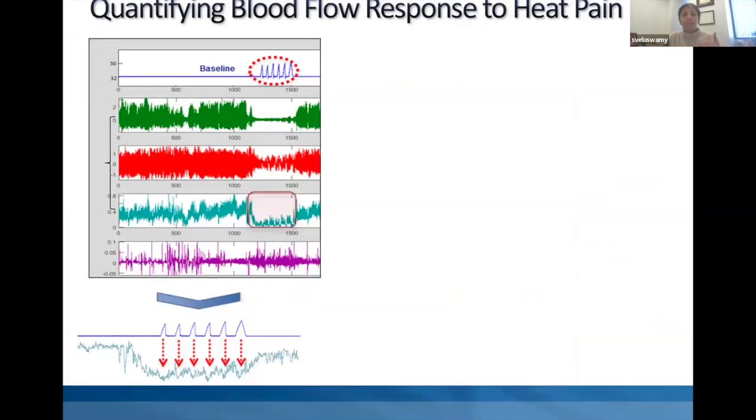Now, when we look at it a little bit closer, we needed to actually quantify these changes if we're going to really say that it does something. So looking at a blown up portion of this data here, the turquoise signal is the laser Doppler blood flow signal, blown up here at the bottom. Hopefully you can all see my cursor moving. But with each pulse of the heat pain, you can see there appears to be a decrease in the blood flow. So we kind of plotted this